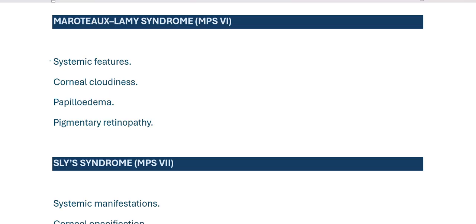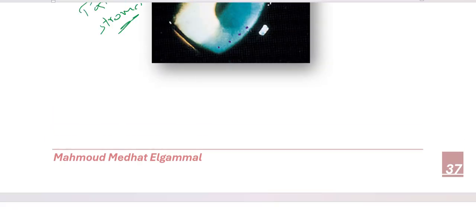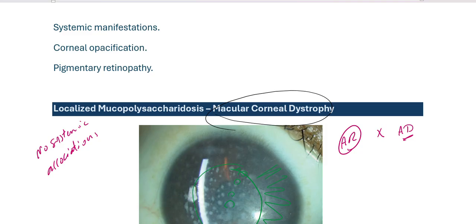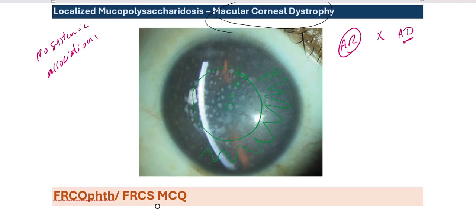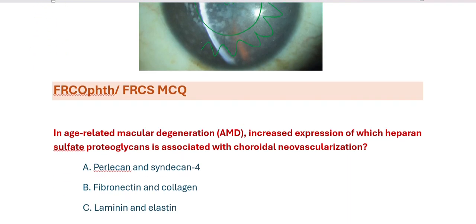Maroteaux-Lamy syndrome, again systemic features, corneal cloudiness, papilledema, pigmentary retinopathy, might not be discernible from retinitis pigmentosa. Localized mucopolysaccharidosis happens only in the cornea. It has no systemic associations at all. It's the only autosomal recessive corneal dystrophy, like the systemic mucopolysaccharidoses, in contrast to all other stromal dystrophies, which are autosomal dominant. MCQ number 1,